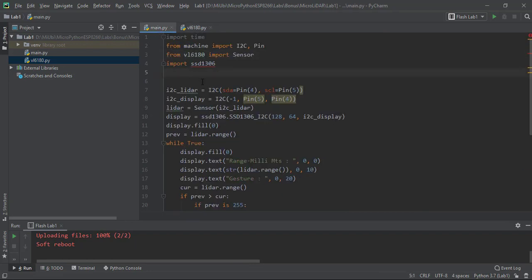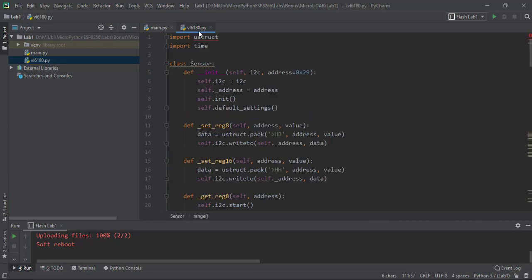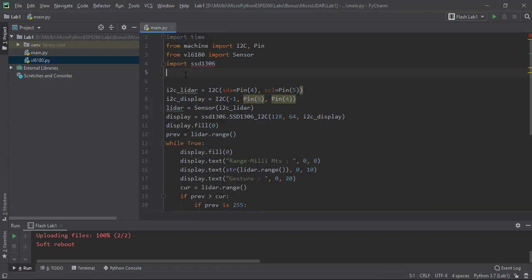When coming to our main program, when you actually want to access the sensor, we just need to include the file that I have mentioned as it is without any change, and you can use this code to access it. It is similar to the display access where we have bound the display to the I2C bus. Similarly, we will bind the LiDAR sensor to the I2C bus. Then we will pass the object to the sensor that we have imported. Sensor is a function call or method. I will pass the I2C object to it to create the LiDAR object.